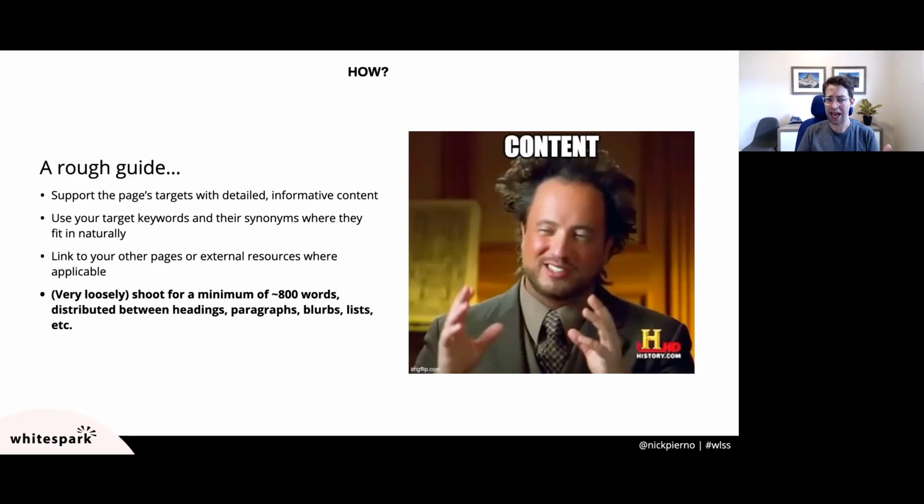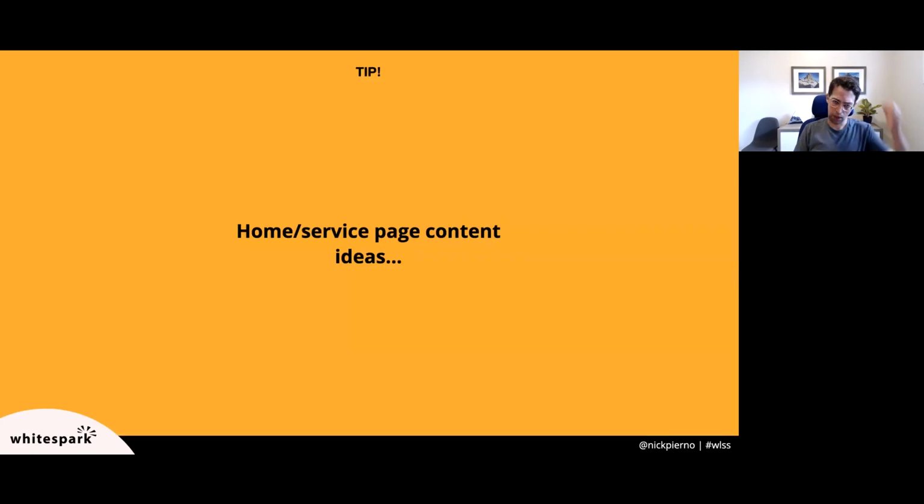You can distribute that between headings, paragraphs, blurbs, lists, and any other kinds of formats to avoid making huge walls of text. They're just not very user-friendly or pretty, but I've also had some pretty great results with walls of text, so your mileage may vary there too. On that note, here are a few home and service page content ideas that probably won't blow your mind, but I feel like some of them are really underused out in the wild and can really help beef up page